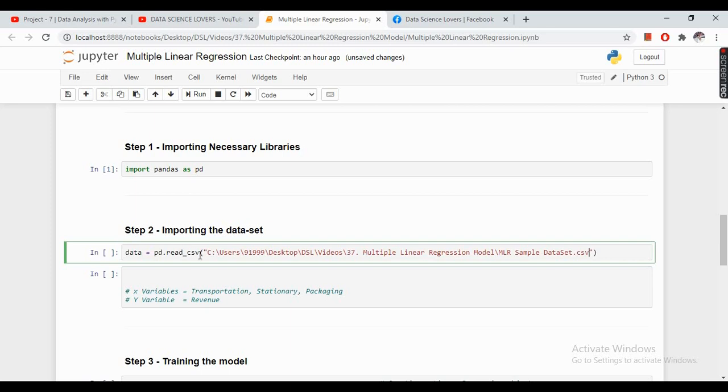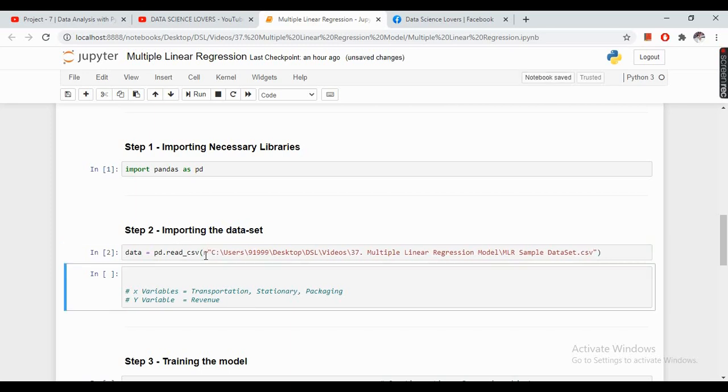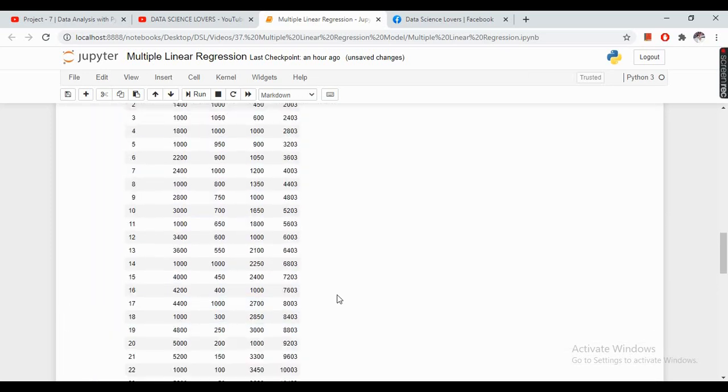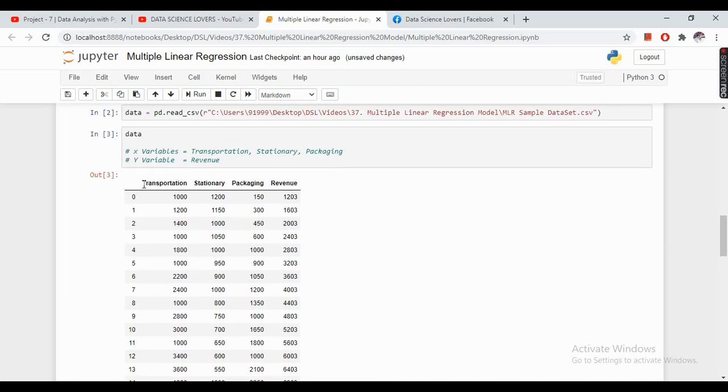This is the path of my dataset. If I have a look at my data, then this is my dataset, which contains only 23 rows, meaning it is a sample dataset for your understanding only. In this data, we have 4 variables: transportation, stationery, packaging are my independent variables, which are my x1, x2 and x3, while this fourth variable, revenue, is my dependent variable, which is y, as I have defined here.